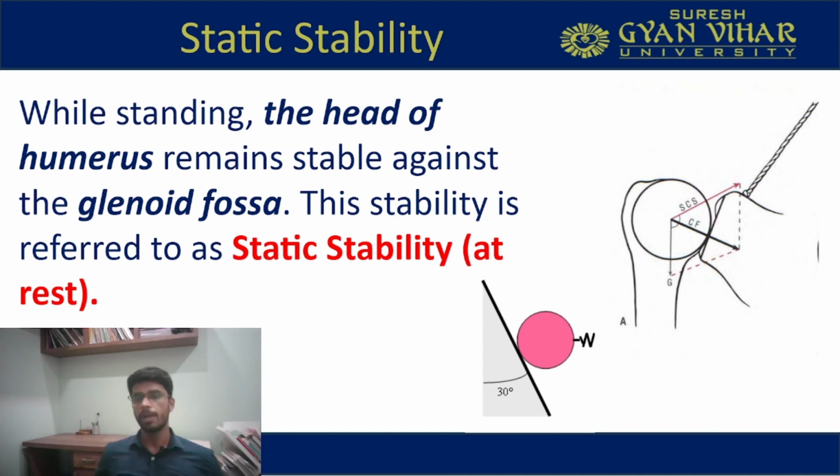Now in biomechanics, we have to understand the static stability of the glenohumeral joint. There is a very important and interesting thing in the glenohumeral joint, which is static stability. How is static stability given to this joint? Right now I am sitting and my hand is in an adducted position. It is static, it is not moving, and I am in a stable position, which means my joint is not going in a downward or upward direction, or anterior or posterior. It is in a stable condition. This is actually called static stability.